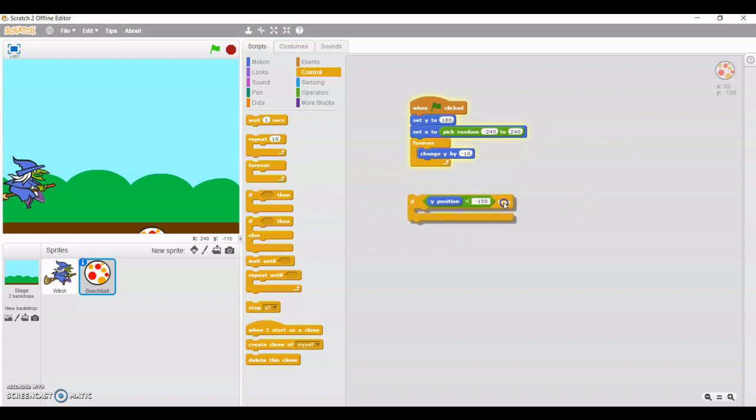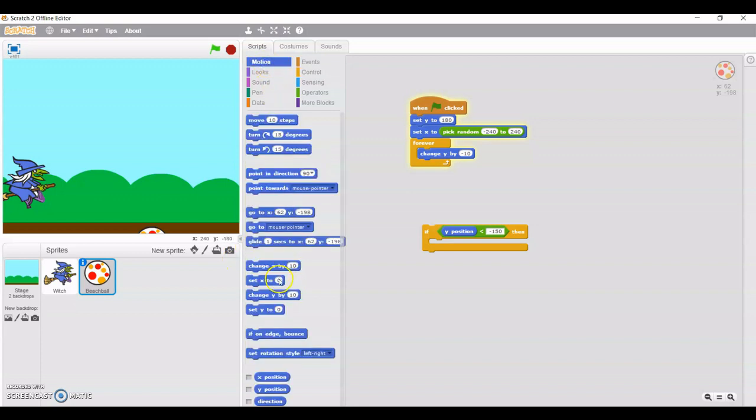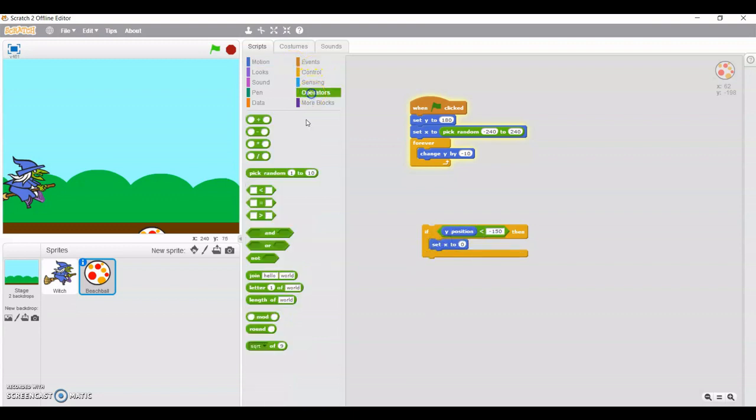Again I'm going to set x and choose the pick random option, minus 240 to 240.